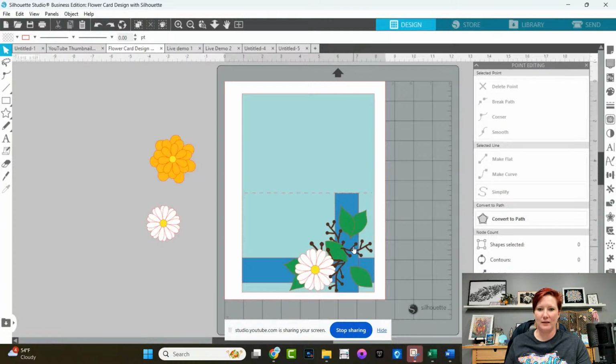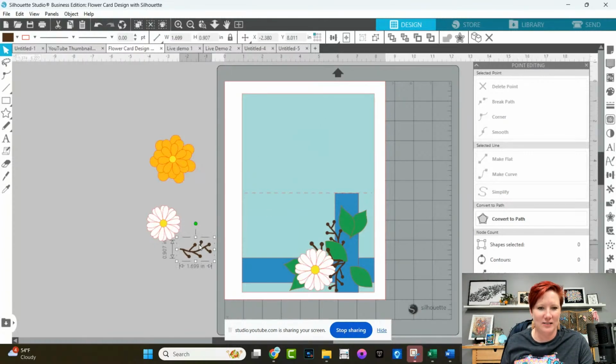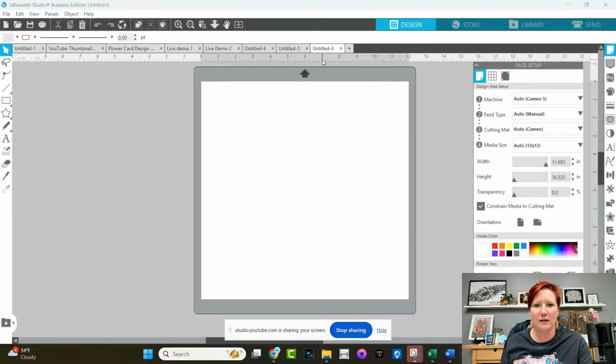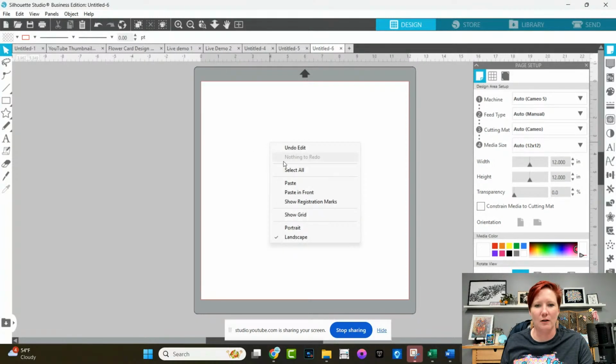I did make the flower stems. That was interesting. Do you want to see how? I'm willing to show, if you guys want to see how I did that. I'll try to remember. I do show it in the class, but it was a very interesting way to do it. Okay, Corey says yes. Okay, so let's just take this. I'm going to take it over here. This one took me a little while to figure out